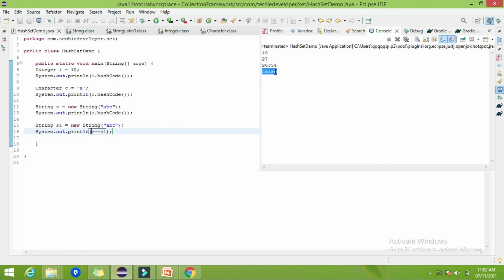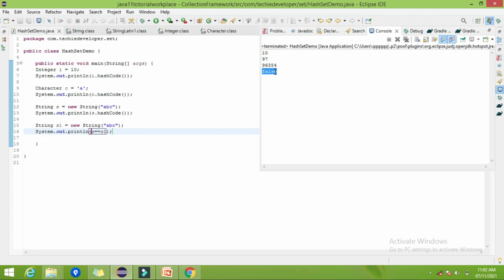Because both strings are objects of the String wrapper class, and whenever we create an object using new, it has a different memory location, and when we use ==, it checks if the memory address or reference of both is the same, then only it's considered equal, right?